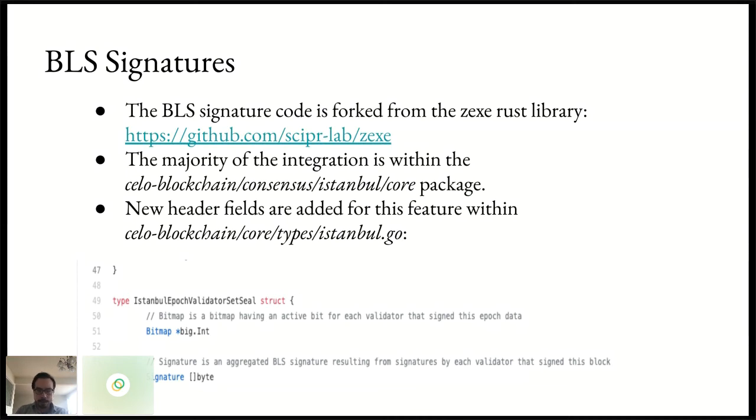One is the signature field, which contains the BLS aggregated signature, and a bitmap field, which stores the information of which of the 100 validators, which of their individual signatures, is included in the aggregated signature.